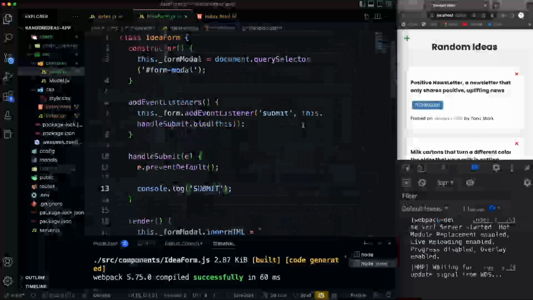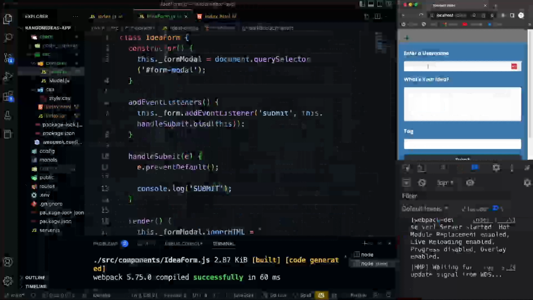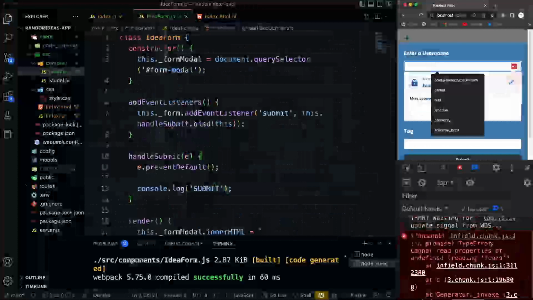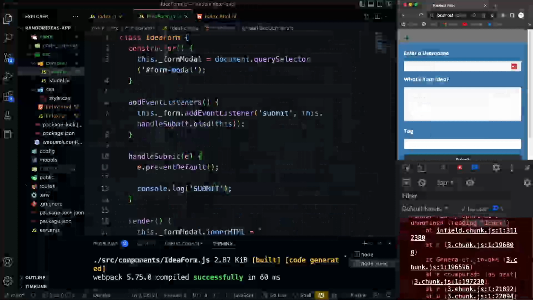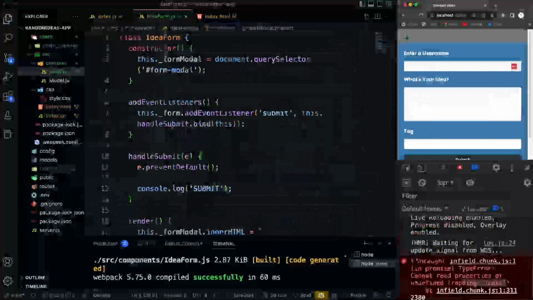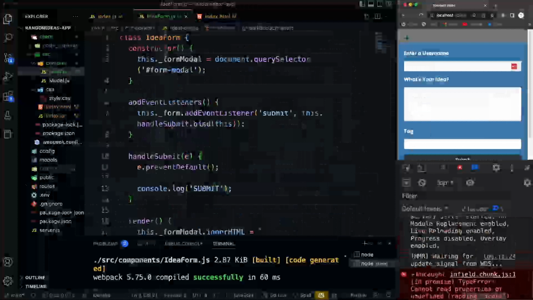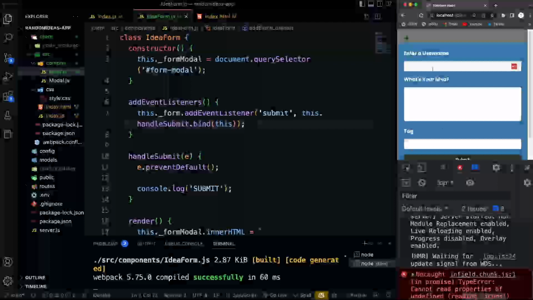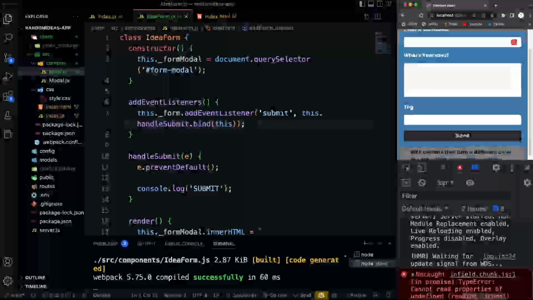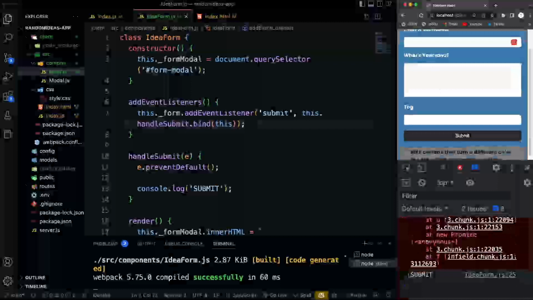Okay, so now that error is gone. Now I'm going to have an issue here. You'll see if I click in username, I get this error here. This has to do with LastPass, which is one of my Chrome extensions. So you can see it's talking about icons. So this has nothing to do with our application. It's not going to affect anything, and you won't see this on your machine unless you have LastPass enabled. So just ignore that. So I'm going to click on submit, and if we scroll down, you can see we